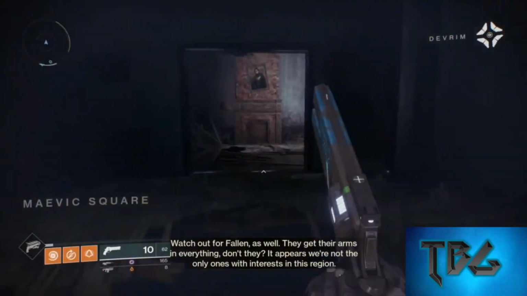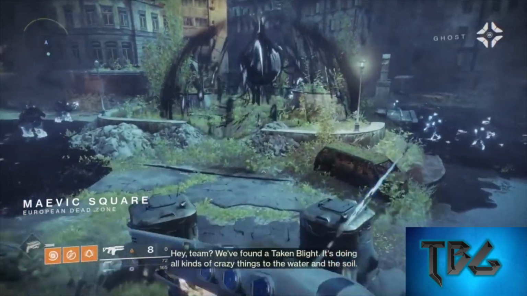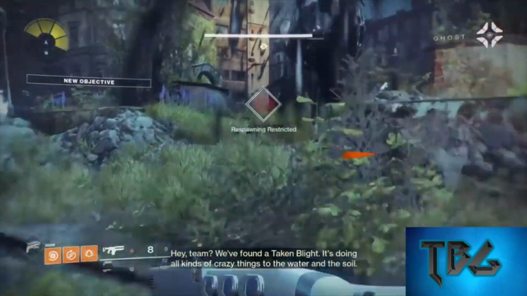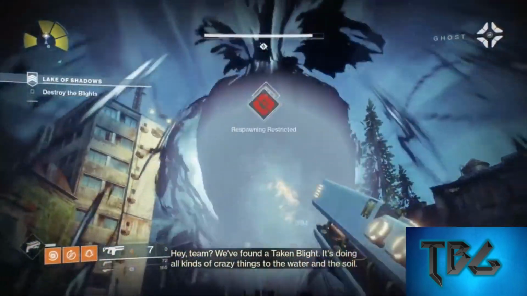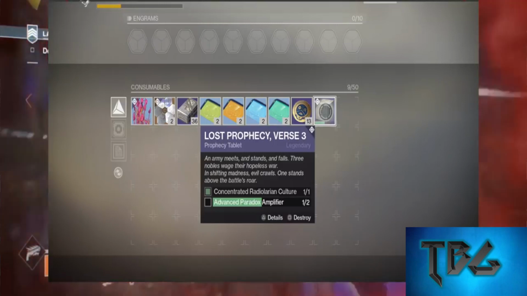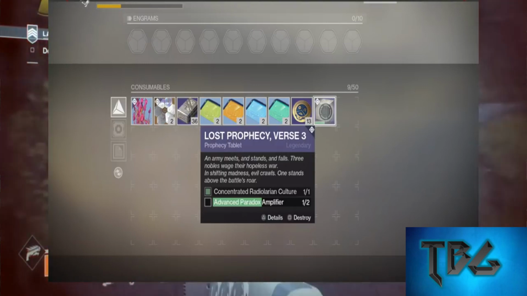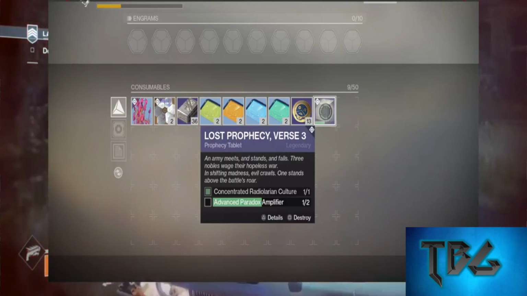Curse of Osiris has been released, and with Curse of Osiris came a few new changes and new additions to the game Destiny 2. One of those new additions is the prophecy tablets that you get from Brother Vance in the lighthouse over on Mercury. Now, these prophecy tablets are used for one thing, and that is to go and forge a new Vex theme